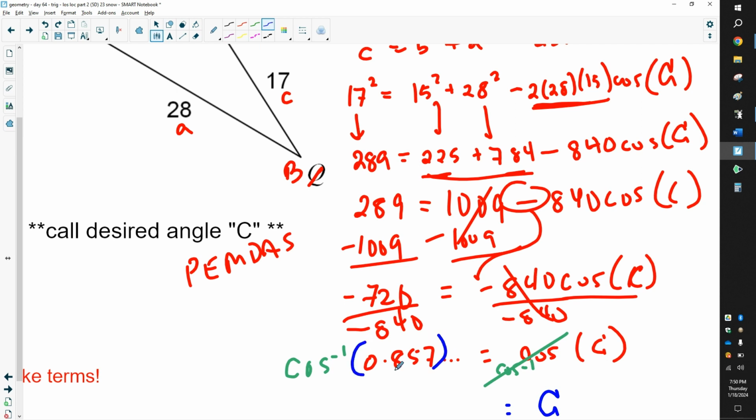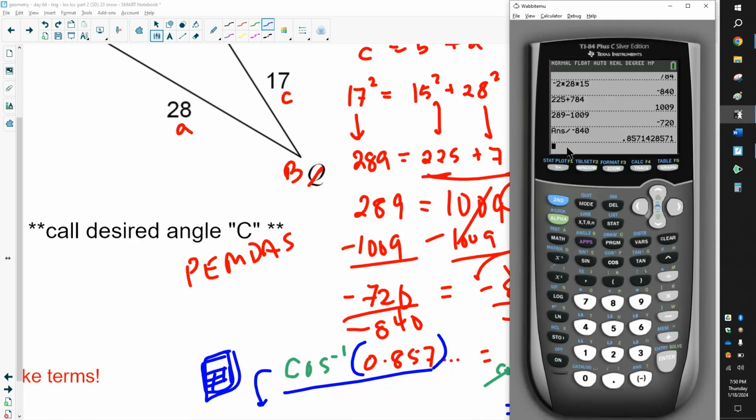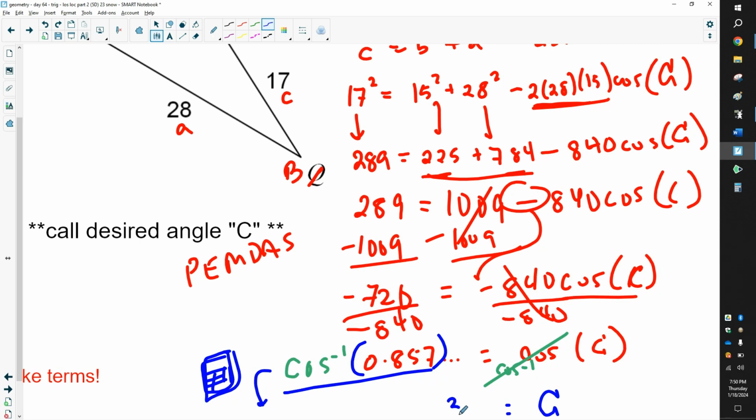And inverse cosine of this decimal is something the calculator can take care of for us very easily. Inverse cosine of that number I have stored in my memory, second cosine, inverse cosine, go up here and bring it, of this is 31 degrees,